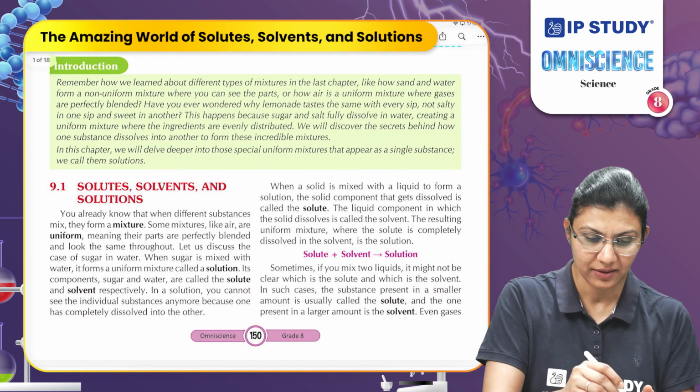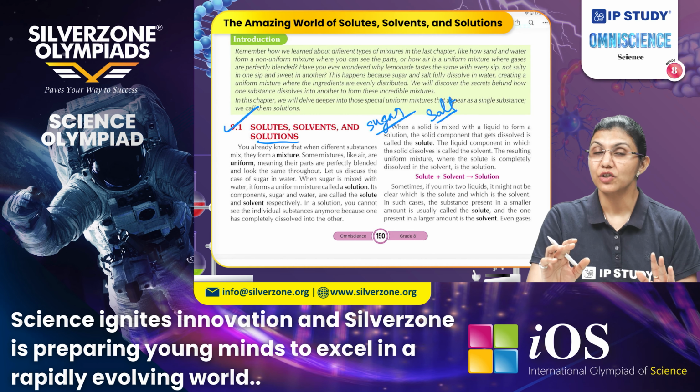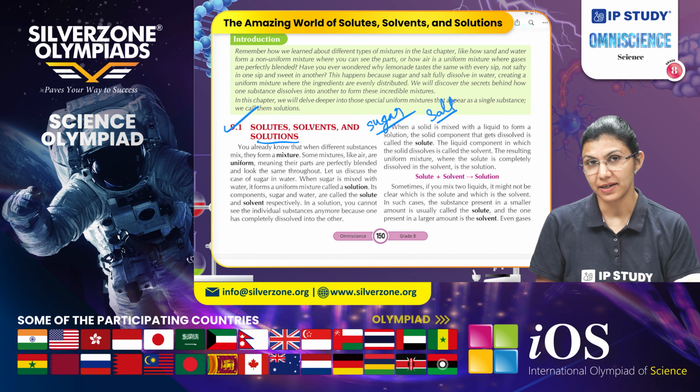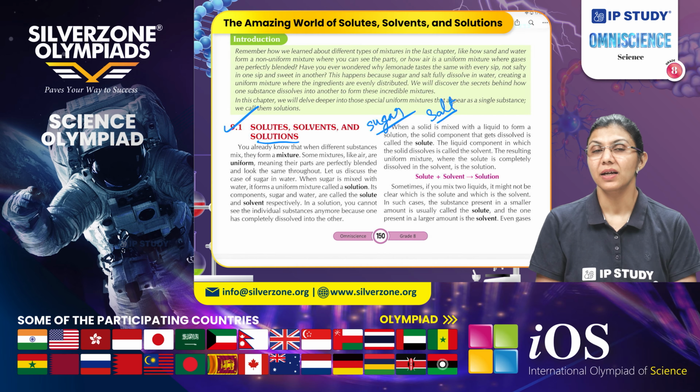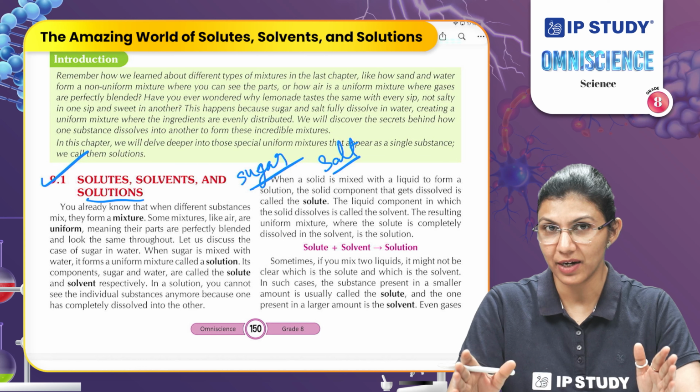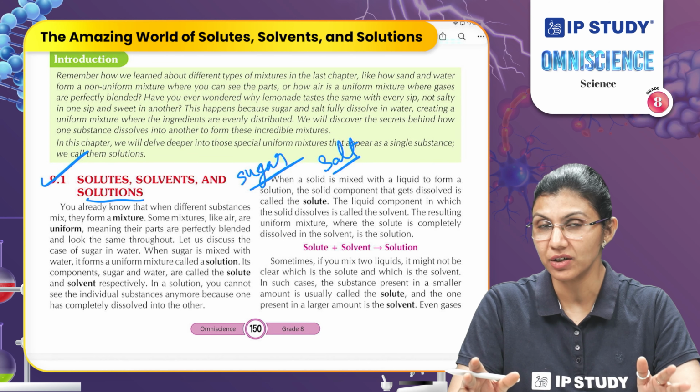If you take a glass of milk and you add a teaspoon of lemon juice in it, lemon juice is here the solute and the milk is the solvent. When you mix these two things, what happens after a minute? You see that the milk gets curdled, which means a chemical change occurs here and the protein of the milk is now changed and it is precipitated. In that case, we can see the different components in the mixture separately, so that will be a non-uniform mixture or non-uniform solution.